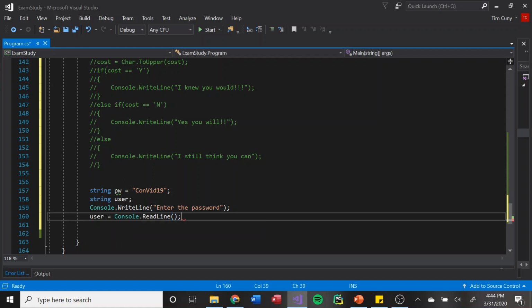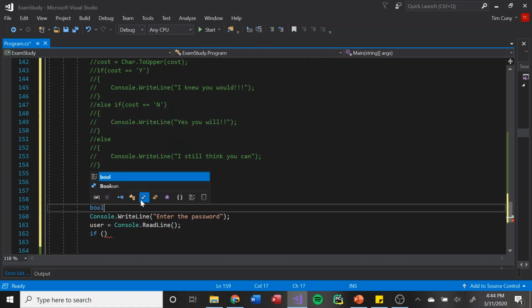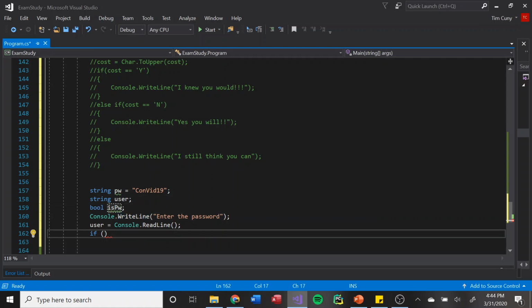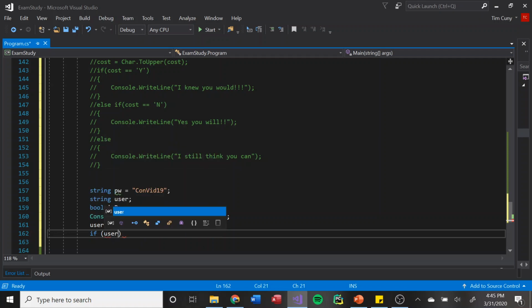So we're going to read from the user, and now we're going to test to see if the user equals password, then